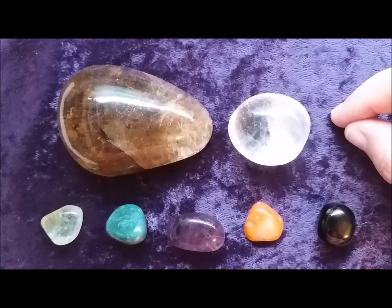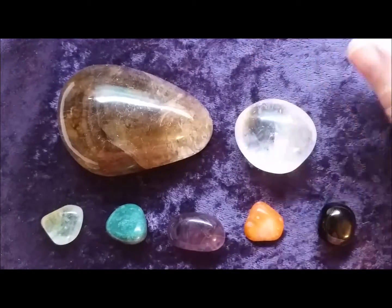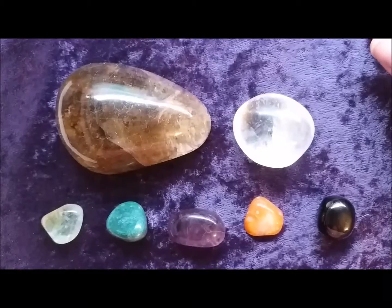These are the stones that I always have on hand when I'm doing a reading, and they're very special to me. They're all very meaningful to me, and for different reasons. I kind of wanted to show you what those are. So,